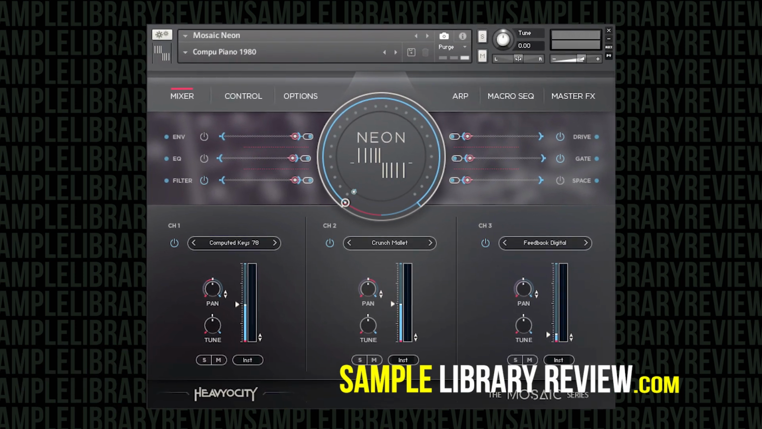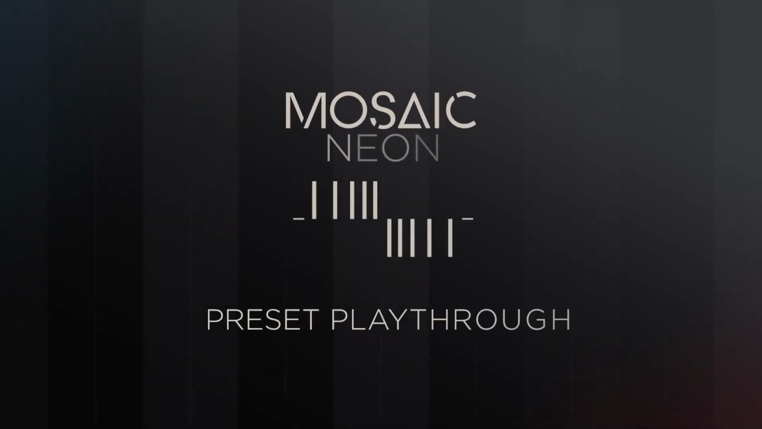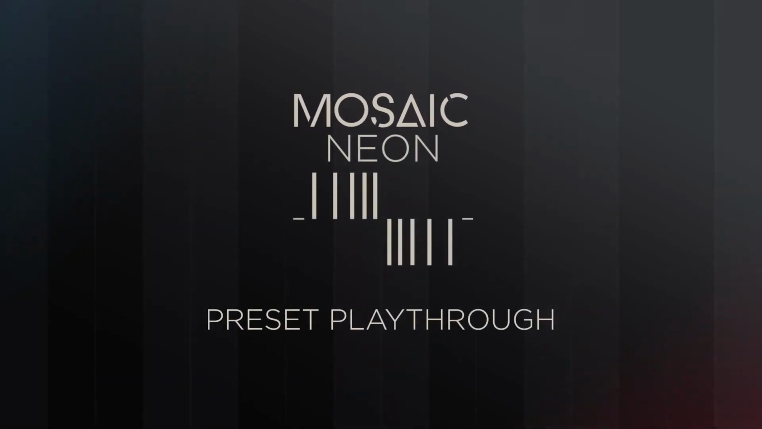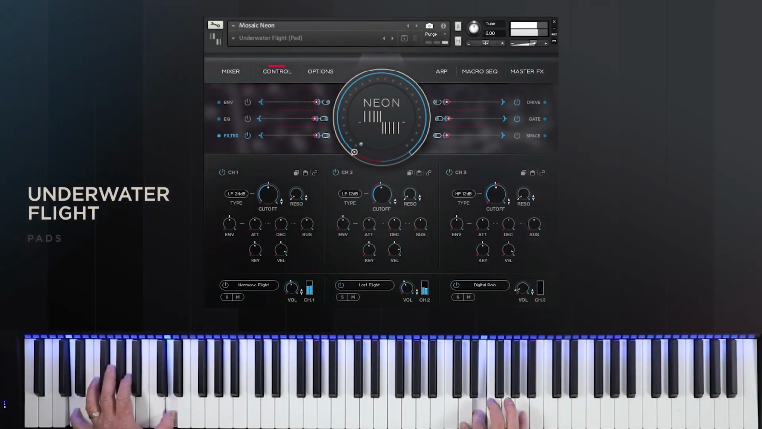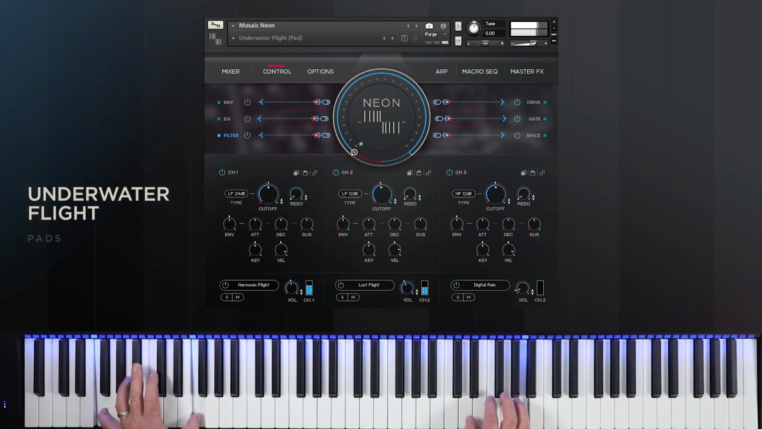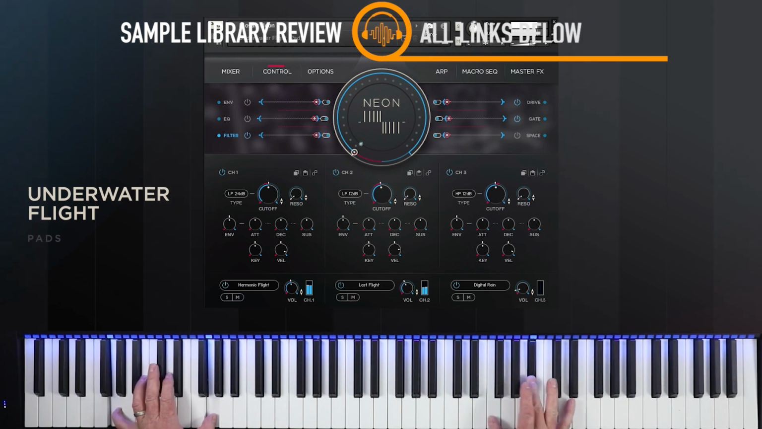Now, Heavyocity have gone back to the future with their new analogue synth library. It's all housed within the superb Mosaic engine. It features a range of classic synth sounds that are transformed into a tool that is built for modern day productions. Mosaic Neon might have a retro hat, but it is also a head that is firmly focused on the